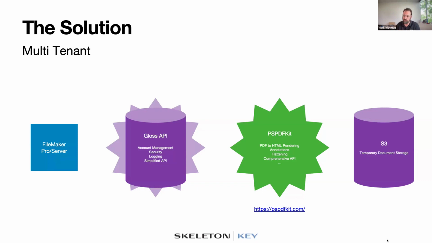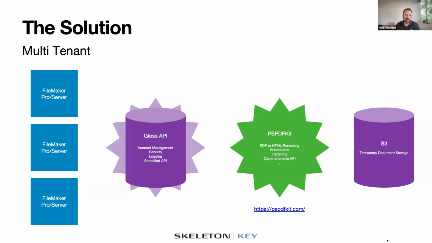There's just one more feature I want to show you about bookmarking that is really not an API feature, it's a FileMaker technique. But we added this layer, and now we can have multiple different tenants. Each client could be any of you with your own FileMaker Pro server and clients. And you could each have your own API key, go through the Gloss API, leverage the PSPDFKit functionality and the same S3 environment. The only change here is that you have a limited number of API calls, limited functionality, but